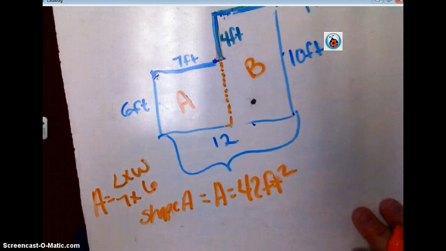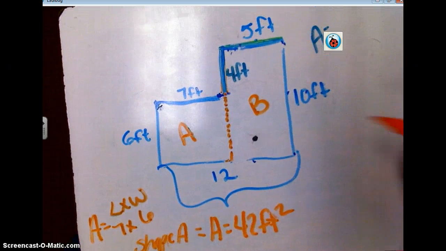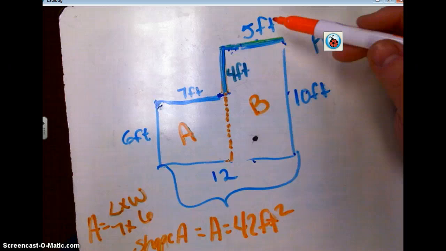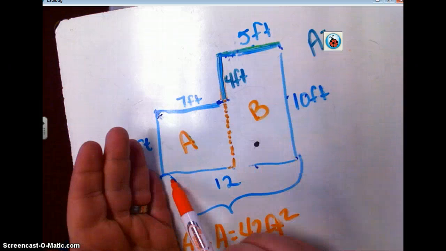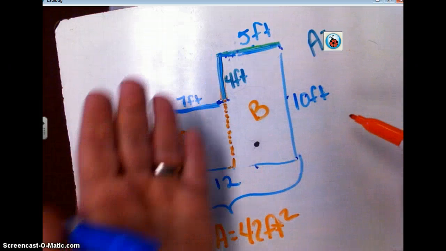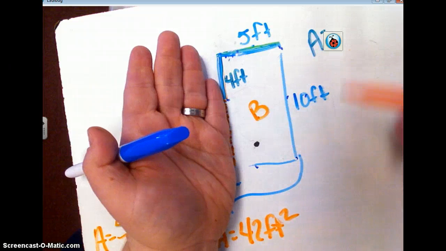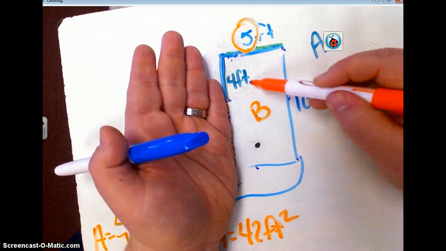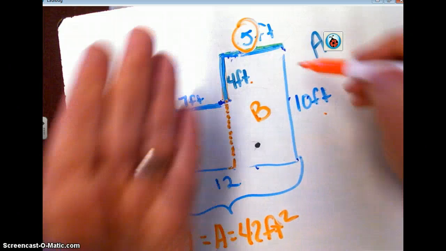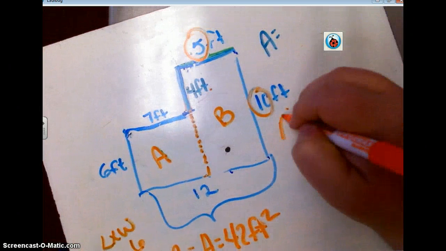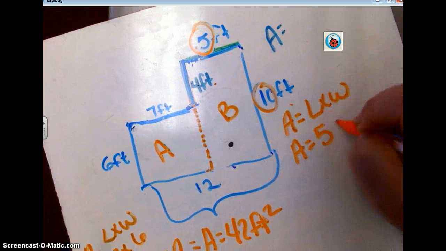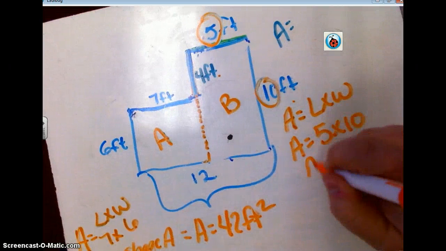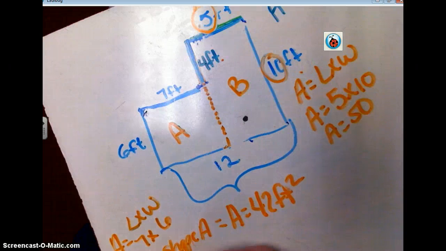Now I have to find the area of shape B. Shape B, you have to make sure that you're careful and you don't take 12 because that's the whole length of the entire bottom, right? Okay? I'm just looking at this much of the shape here. So I have to use 5. Would I use 4 or 10? 10. Okay? So area here equals length times width. So area equals 5 times 10, which is,